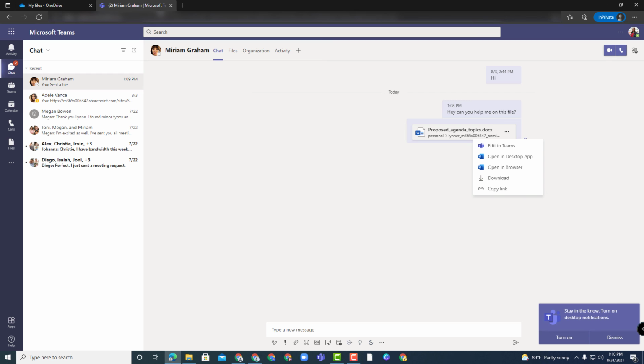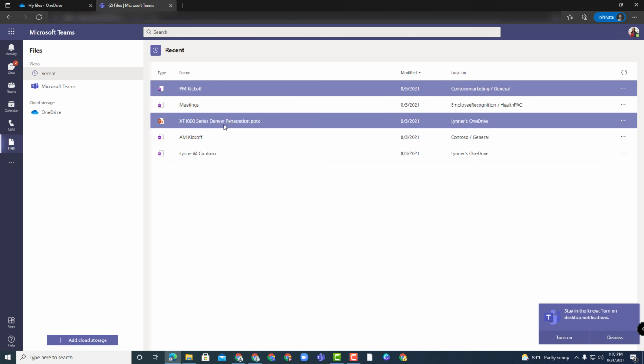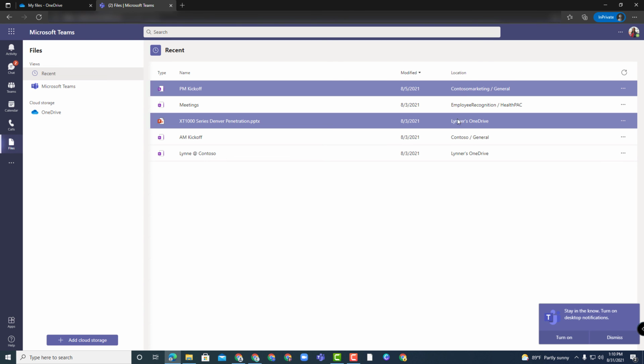Now, if Miriam shares a file, keep in mind it might come from her OneDrive. So I may not have control over it afterward, and she may take it away from me. If you're ever in question where the file lives, go to Files here. You'll see your most recent files that you've been working in, and on the right-hand side, it'll tell you the